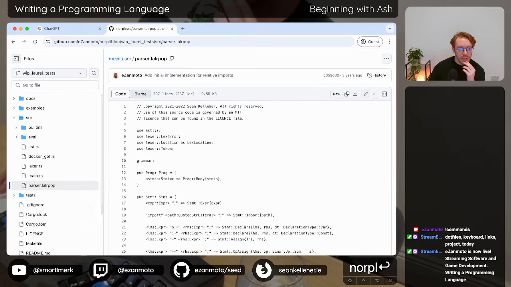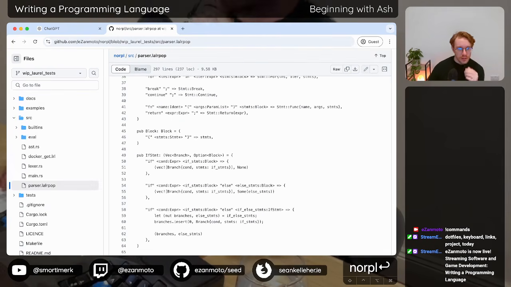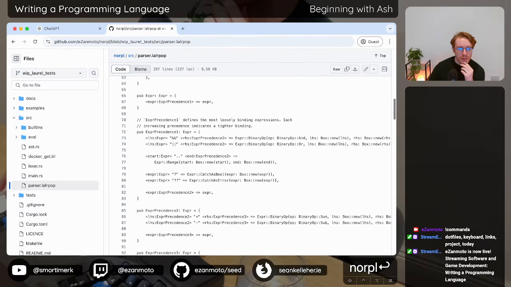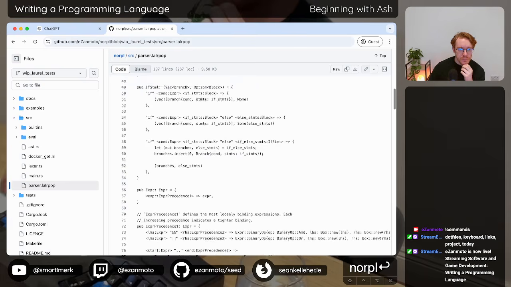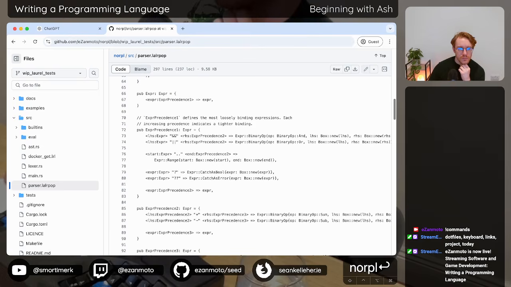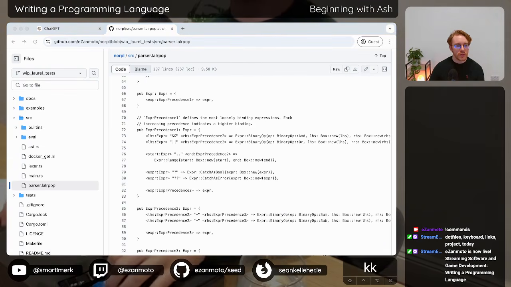So if we take a look at ladder pop, I guess, and we have it as expression 1. Oh, and we do actually use it as a suffix, which is interesting. Okay, yeah, and it says above it that it defines the loosest binding.